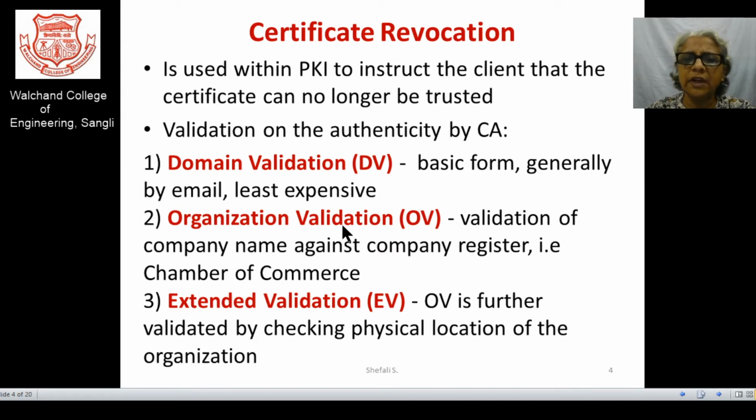That organization validation can be extended further with the extended validation, which checks the physical location of the organization. It is not only checking and comparison through the register, but a physical check can be carried out. Such validations are the responsibility of the certification authority.